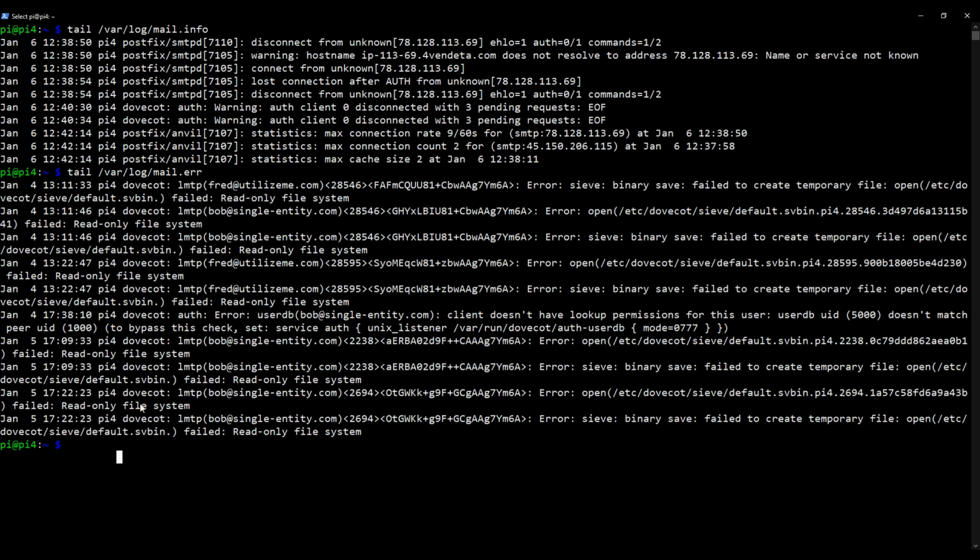And again, it'll tell you whether it's Dovecot or Postfix that's causing the issue. So it's a great way of very quickly seeing an error state, and it should be quite a useful message that tells you what the problem is and will allow you to try and go and fix it. So this should be in your armory at all times if you're having trouble with your server. Okay,